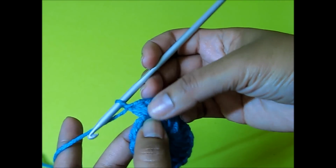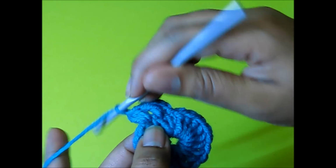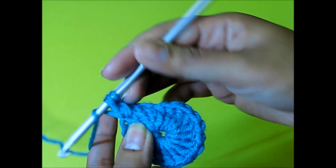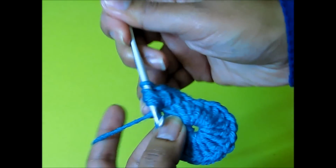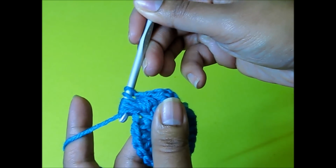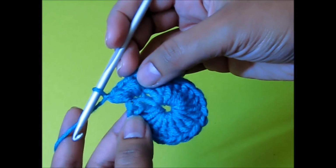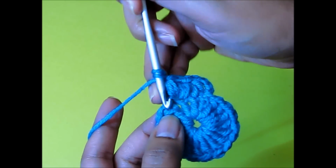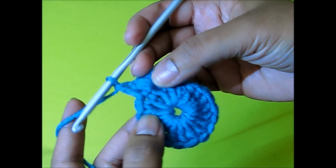Okay, and in this space we're going to work 2 puffs. So this is it. You wrap your yarn, go through 1, pull through and pull up, another time 2, and 3 times. And pull up, hook the yarn, and pull through all the loops on the hook. Then do a chain 1. Next double crochet of the previous round, we work 1 double crochet, and in the next one another double crochet,